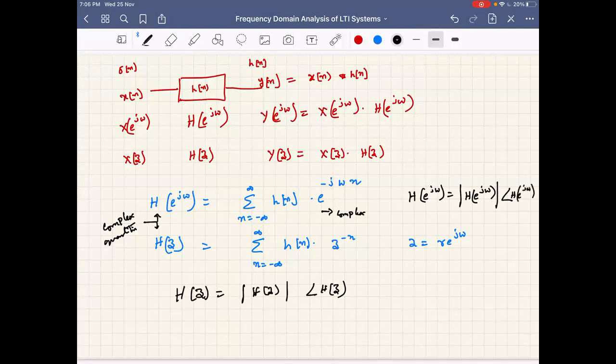So far we have seen the relation between time domain and frequency domain, or time domain and Z domain, or time domain and discrete time Fourier transform, discrete Fourier transform, discrete Fourier series, and so on. Now we will see, using the frequency information or the spectrum of the transfer function of an LTI system,